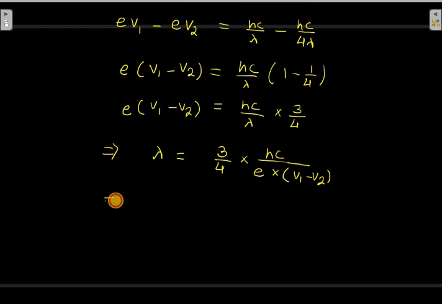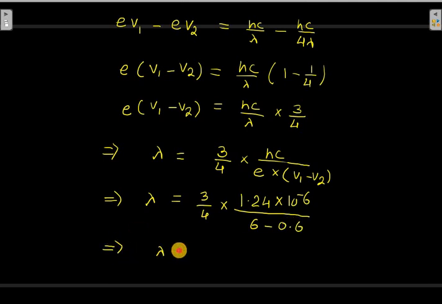On putting the value, we can calculate lambda. Lambda will be equal to 3 by 4 into hc upon e, which is given as 1.24 into 10 raised to power minus 6, that is 1.24 into 10 raised to power minus 6 divided by 6 minus 0.6, implies that lambda will be equal to 3 by 4 into 1.24 into 10 raised to power minus 6 divided by 5.4, and on simplifying we can write